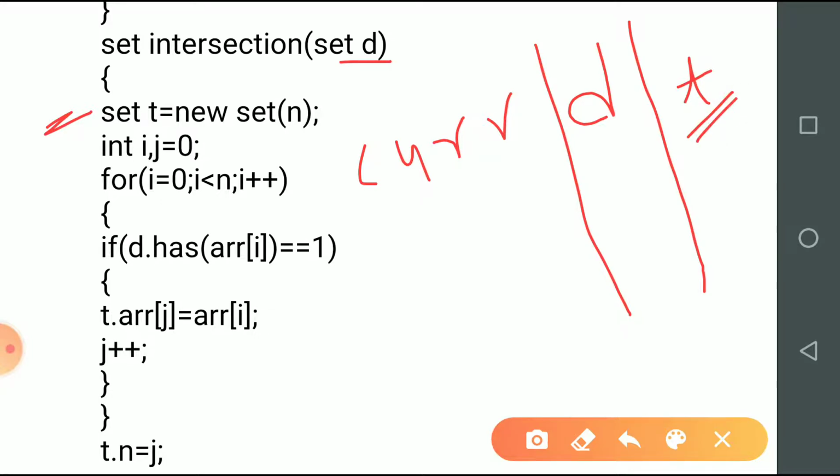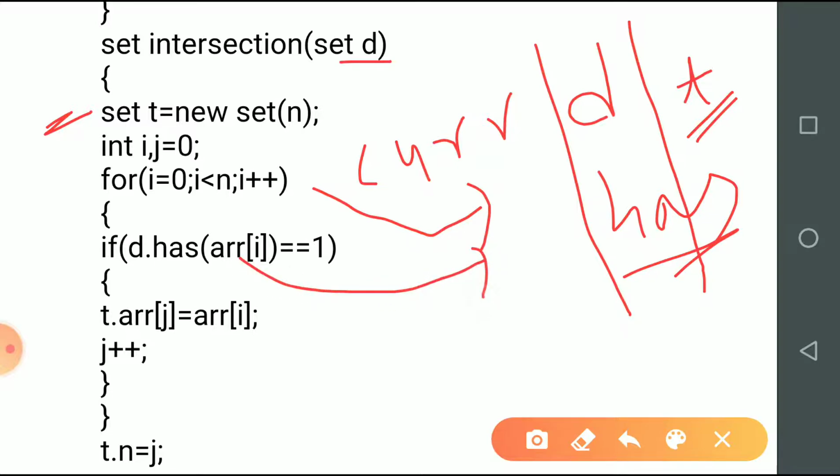Now we have to look for the elements of the current object in the array of D. What we will do is make a loop for index 0 to n, where n is the size of the current object's array. Now we will call the function d.has. The has function will search for ARR[i], which belongs to the current object, in object D, because it is called with D. It will return either 1 or 0.